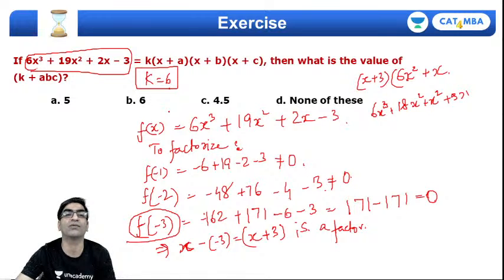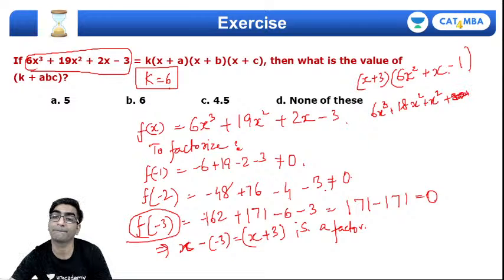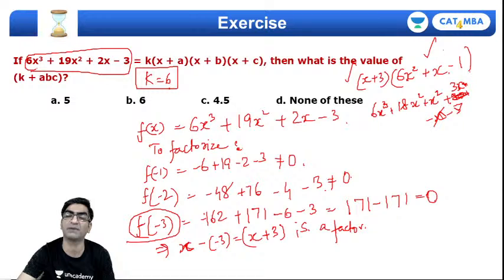Okay, do I want 3x? No, I want 2x, which means I want to reduce an x. So multiply x with minus 1, right? That will give me minus x minus 3, right? And x will reduce, and you'll end up getting plus 2x minus 3, right? So there you go. These are going to be your two factors, x plus 3 and 6x square plus x minus 1. 6x square plus x minus 1 can also be further factorized into